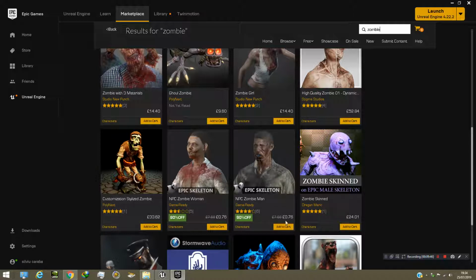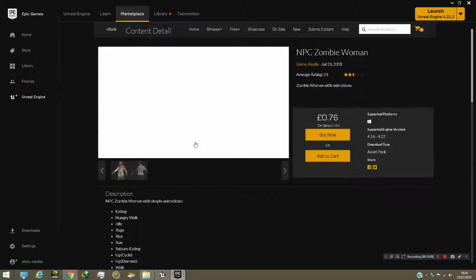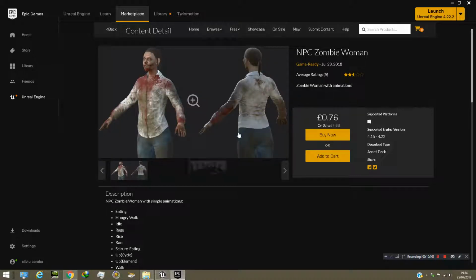Also, this was like before, I can see like 20 or 30 pounds, then after he went down to 7 pounds, and now it is 0.6, I mean not even a pound for this. I will try, but I may not be successful because I see some complaints on YouTube about those zombies. But it's zero. Let me add to my cart. If I lose, I will lose just 2 pounds, and